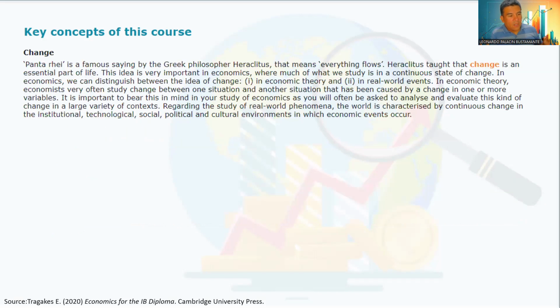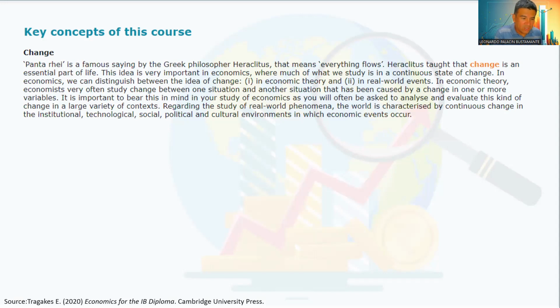All right. Change in Greek is panta rei, and it means everything flows. The philosopher Heraclitus thought that change is part of our lives. Now, this term is very important in economics. And we have the term change in economic theory and in real world events. Let's study the first one, economic theory. In economic theory, economists